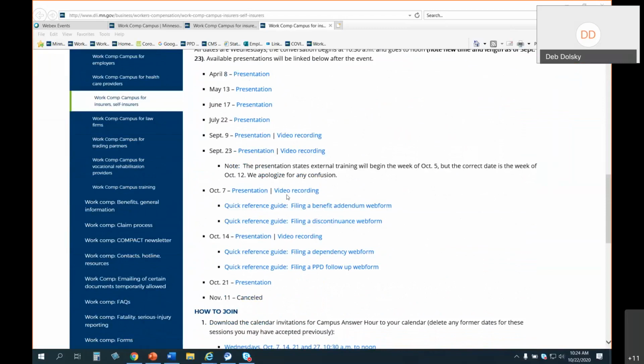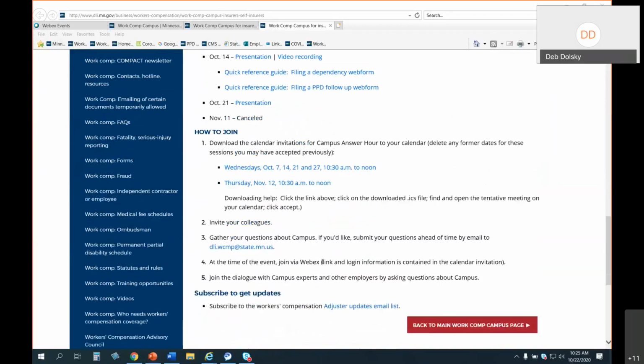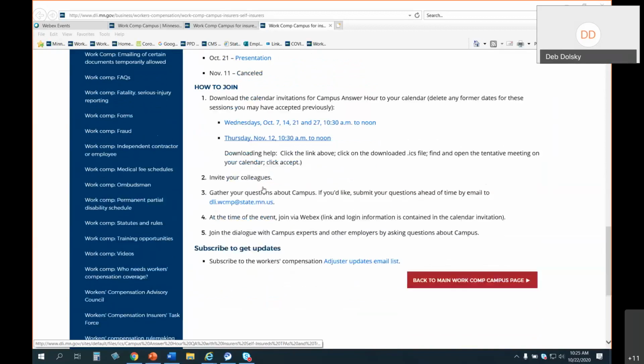In addition, going down to the most recent presentation of the 14th, it looks like not all the PowerPoint or recordings are in for the one of yesterday, but this is where you would find the prior recordings and helpful quick reference guides that were presented during those presentations. And then as far as any future campus hours, it looks like there may be 2 more sessions. So there's a link of where you can go ahead and join those upcoming sessions